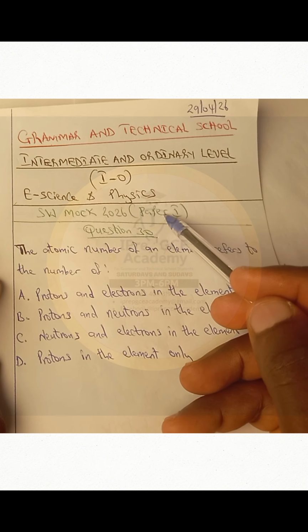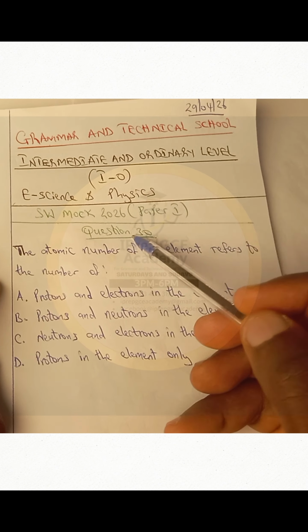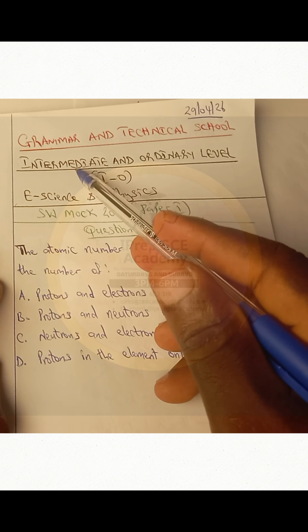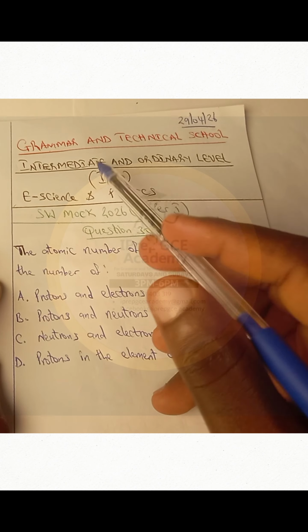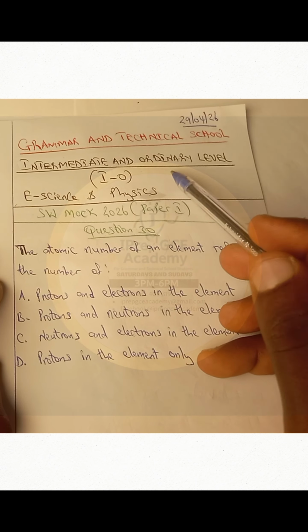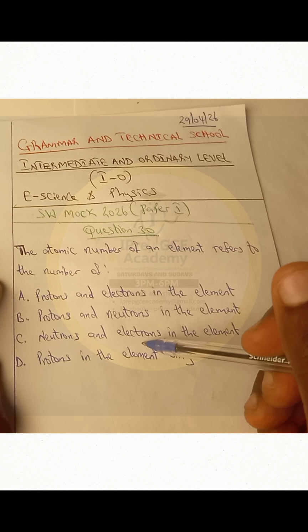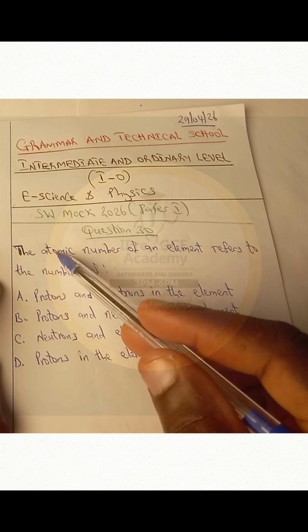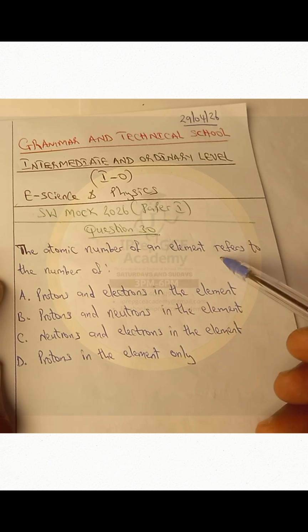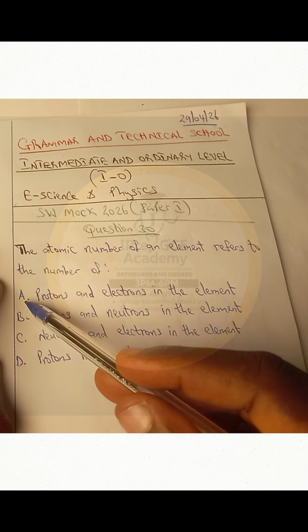Southwest Mock Paper 1. This is question 30 under E-Science for Intermediate Technical Schools. Grammar school students offering ordinary level chemistry also need this question. The question says the atomic number of an element refers to the number of